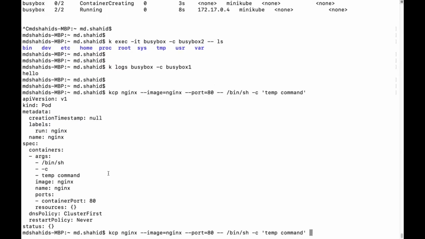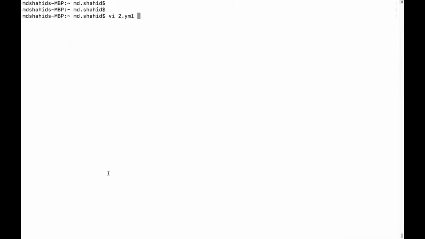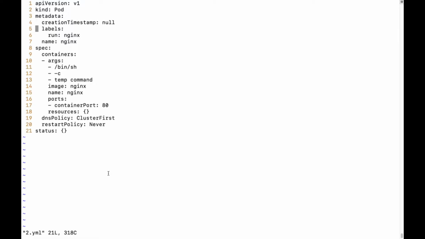So now we have a pod with one container. We need to do the same for a second container. We have a pod with one container. We need to have an init container as well. So for that, let's